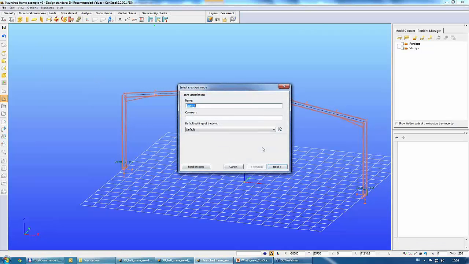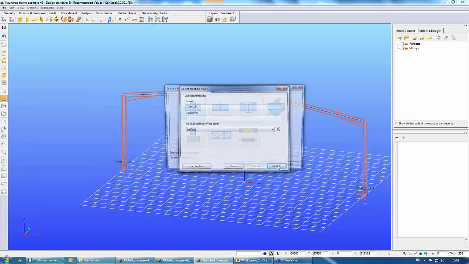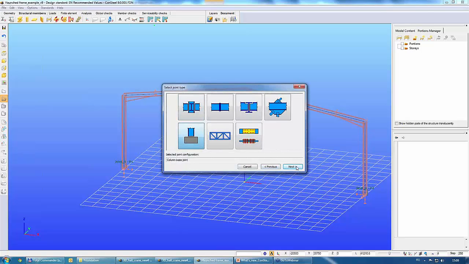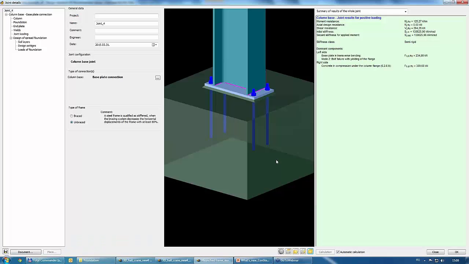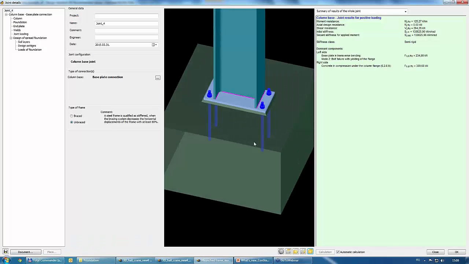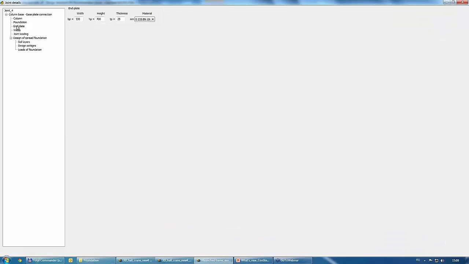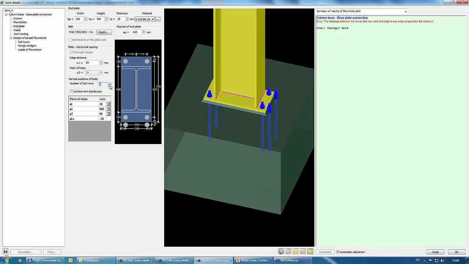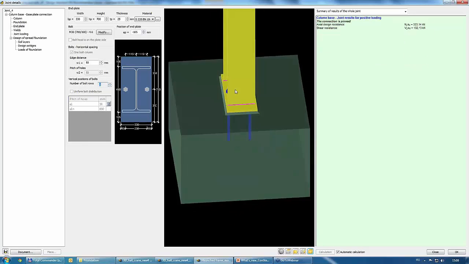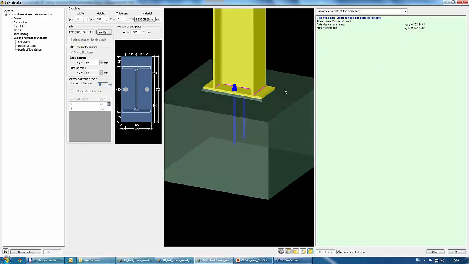So let me show you a base plate connection with a rather large column. Usually it is used when we have a pinned connection. So now I make a pinned connection with only one bolt row,